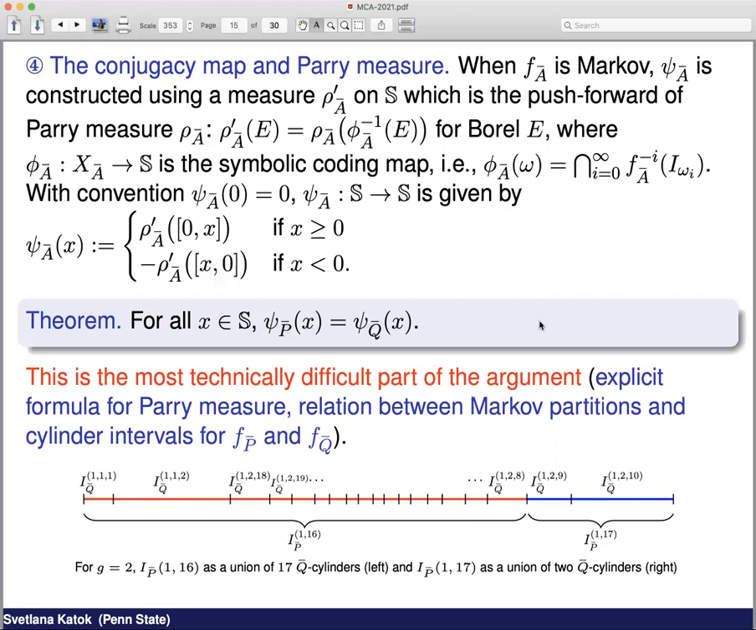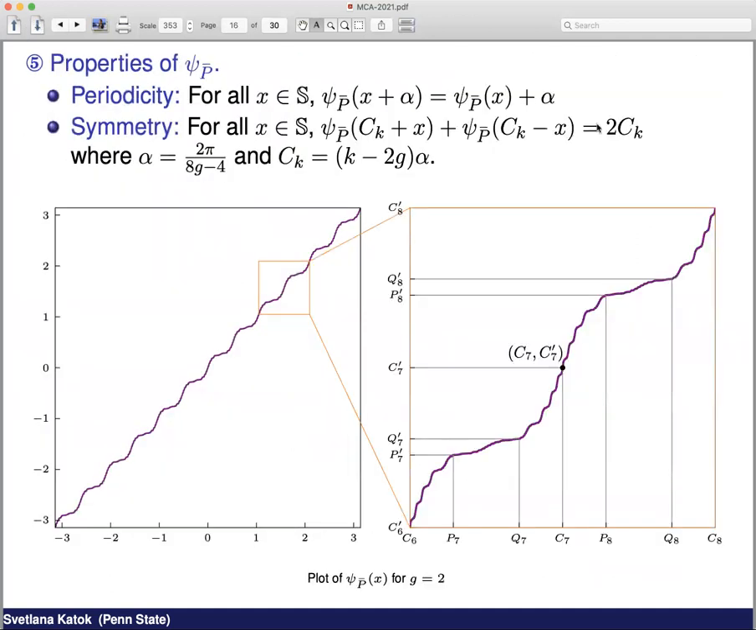All right, so I'm not going to talk about the proof, it's very technical. So there is an explicit formula for the Parry measure, and also you have to look at the cylinder intervals for P and Q, and there is an interesting relation between them. So this is difficult, but it works. So what are the properties of this